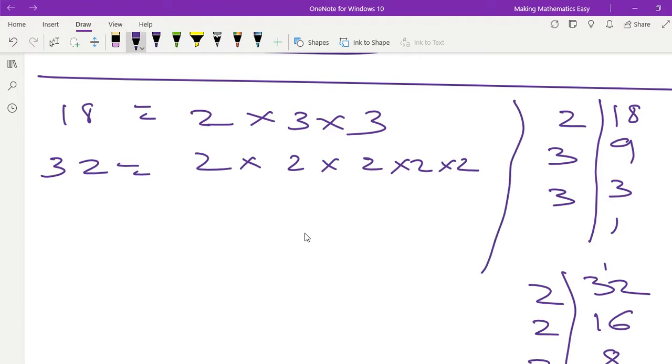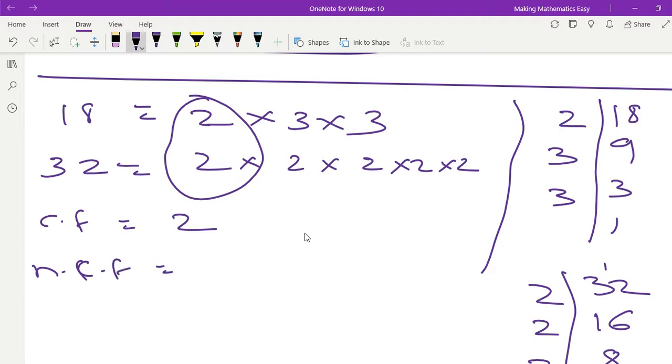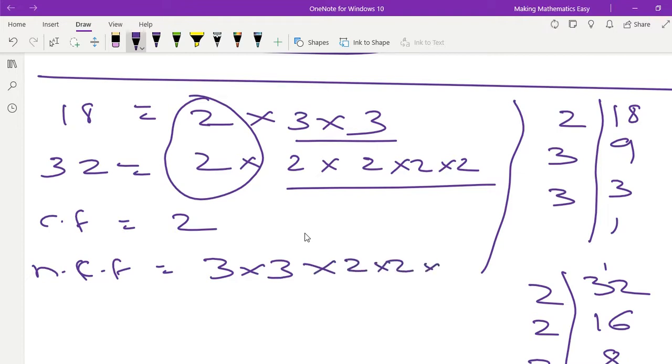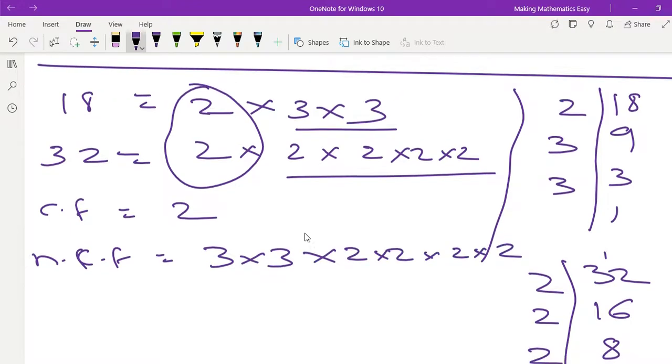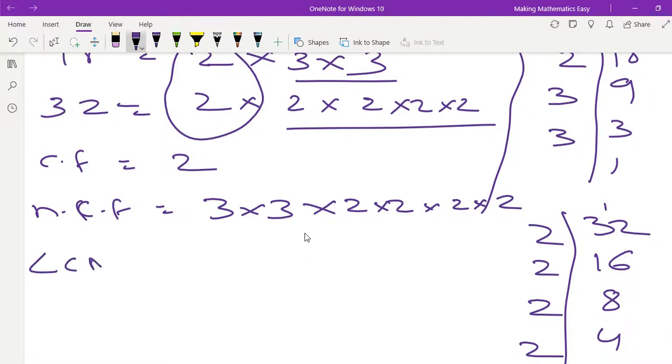Right? Now we need to find out the common factor. So this is 2. So only 2 is the common factor. In the non-common factor, you have all the remaining numbers. So this is 3 into 3 into 2 into 2 into 2 into 2. So when you have to find out the LCM, you need to multiply all these numbers. So this is 2 into, and all these numbers, 3 into 3,